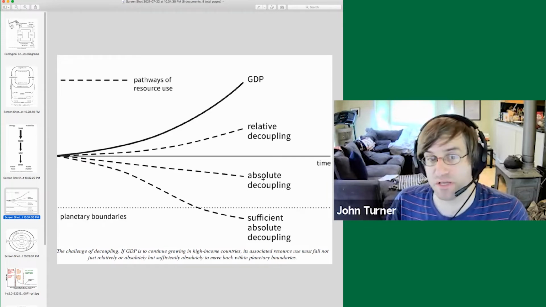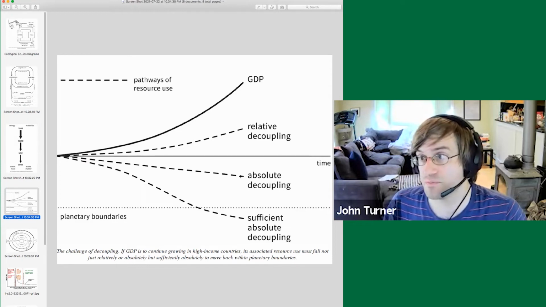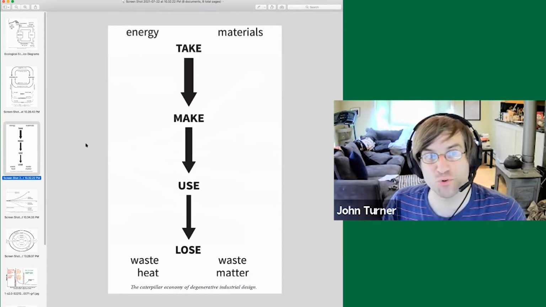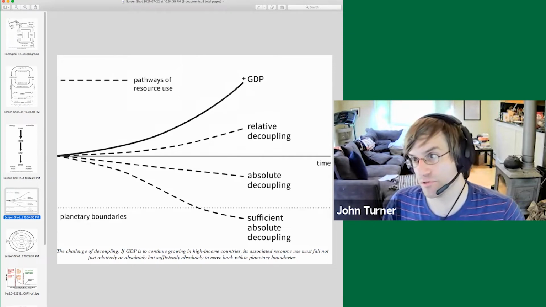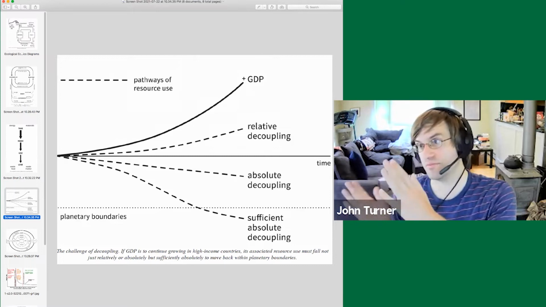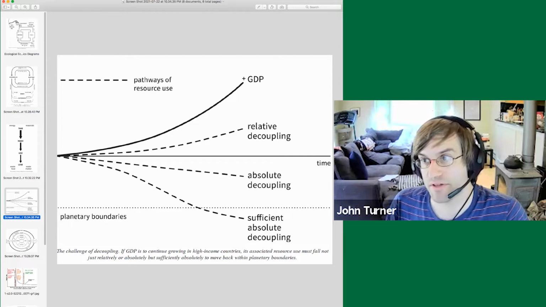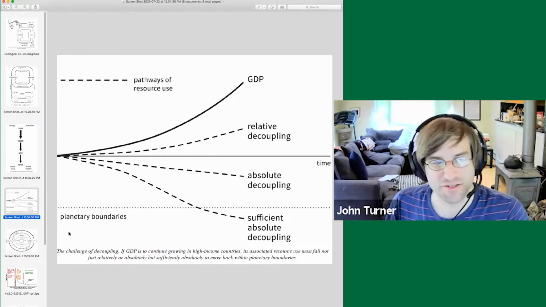Absolute decoupling would be, we are decreasing the total amount that is being used. So in this diagram, we are decreasing the total take, at the same time that there is growth, if you were to achieve absolute decoupling. That is, the amount that you take is no longer strongly connected to the amount that you're making. Sufficient absolute decoupling, we'll discuss the planetary boundaries issue, because this is where